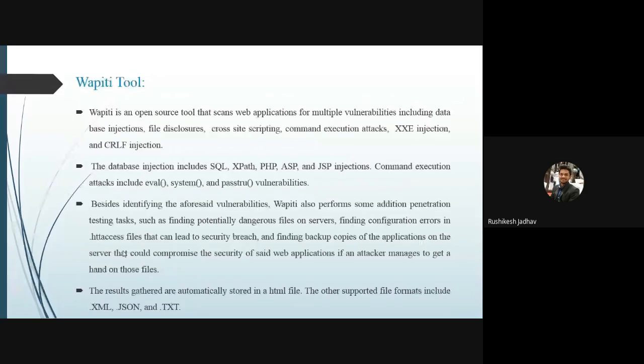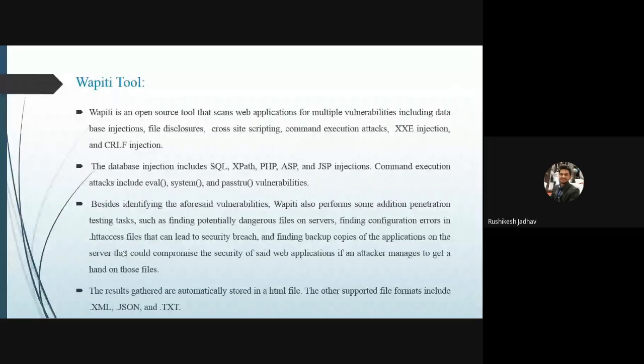The Wapiti tool is used to scan for vulnerabilities. Before scanning the target for any vulnerabilities, Wapiti enumerates the links associated with the target's web application. Once links are enumerated, Wapiti runs each module one by one to target web application vulnerabilities. The found data is stored in a file. Wapiti is capable of resuming a scan if it is aborted in the middle.